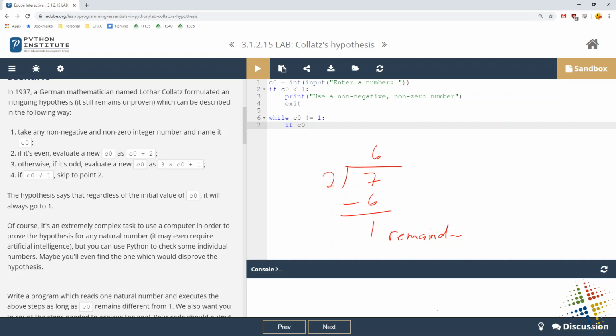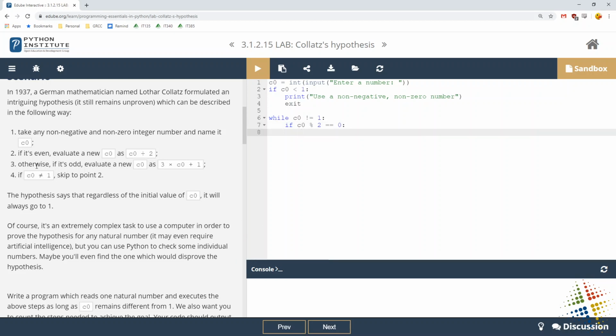But if I have a remainder such as 2 modulus, say 26, 2 goes into 26 13 times. 13 times 2 is 26. So 26 minus 26 is 0. So if I have a remainder of 1, it is odd. If I have a remainder of 0, it is even. So the modulus tells me the remainder. So I should just be able to do C0 modulus 2. And then say, well, if that is equal to 0, then my result is even.